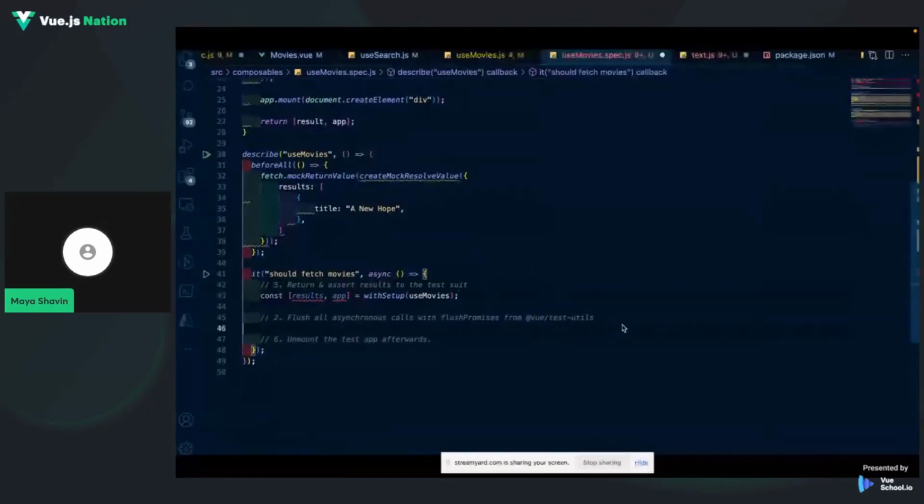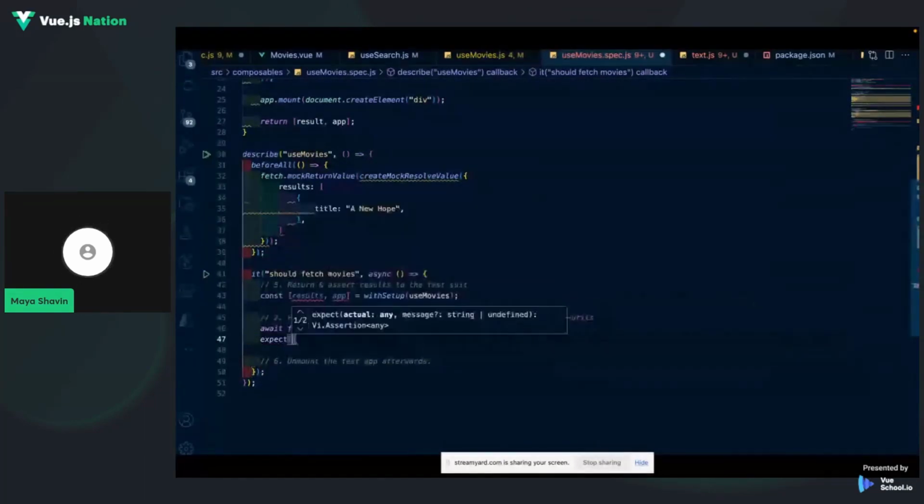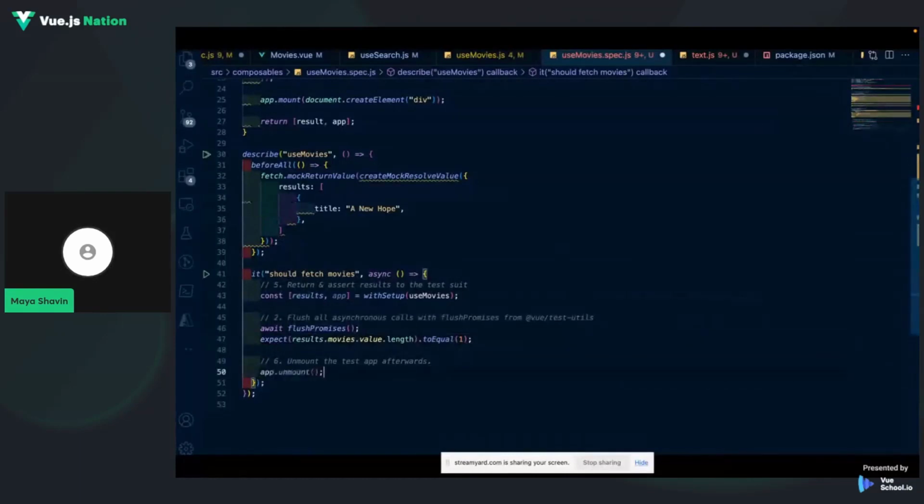In the test, should fetch movie, I just call it with setup and pass the hook, the composable, and I get the result here. Then I wait for the flushing of the promises from the asynchronous call. And finally, I can assert the result and unmount it. And that's it, 52 lines of code, and you have your composable tests covered.